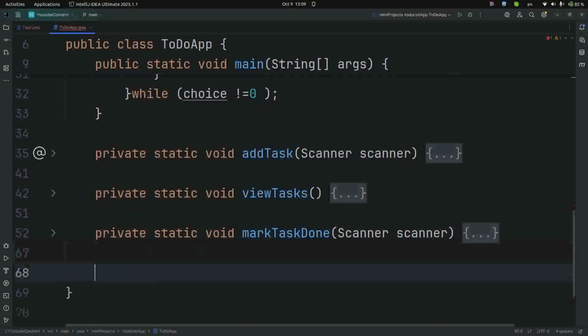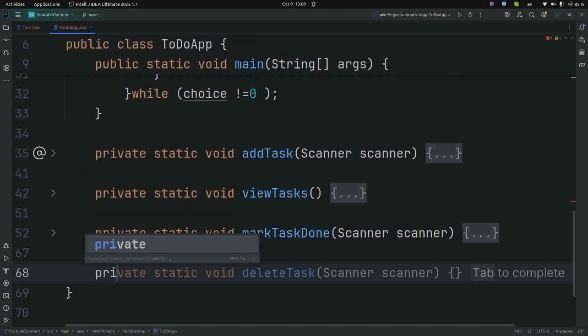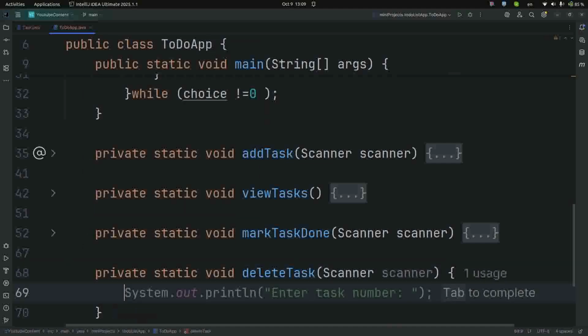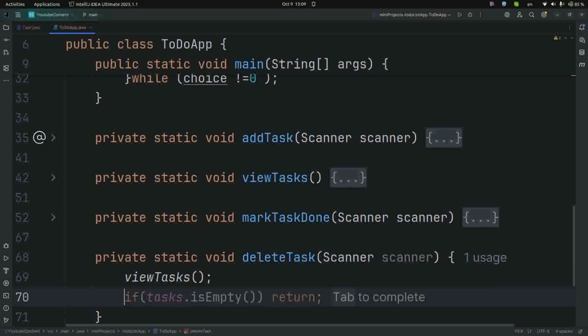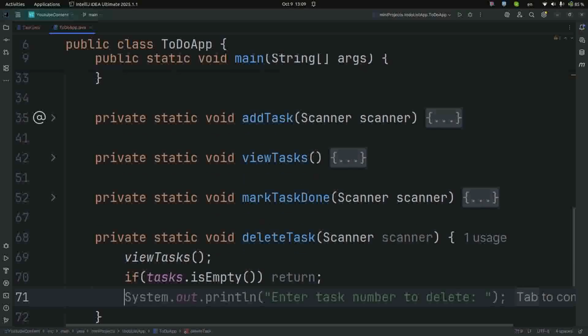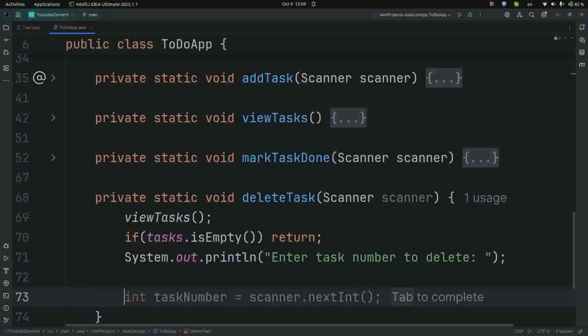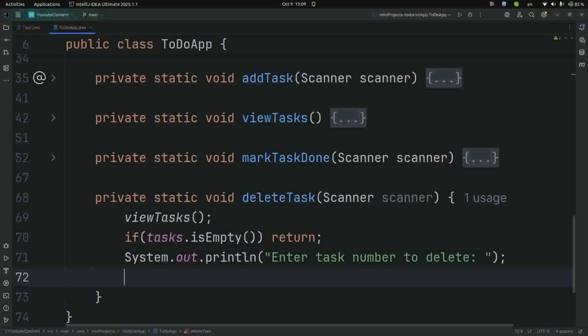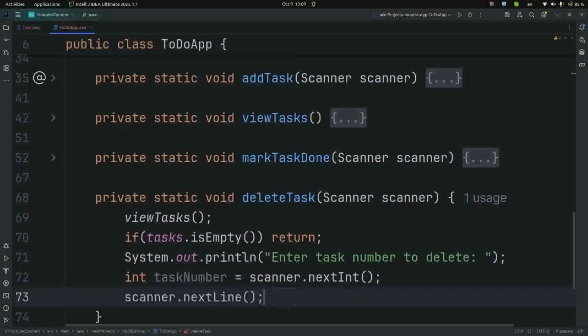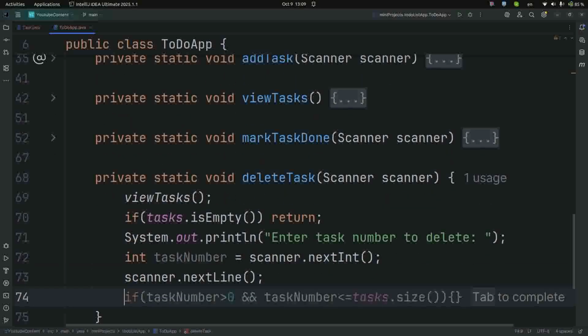and now it's time for the delete task method to be implemented. We come down here, and it's just private static void deleteTask with the scanner in, and we want to view the tasks again, so we call the viewTasks method we implemented earlier, and we do the checking here too. So if the task list is empty, just return. You cannot delete what doesn't exist yet. And we want to tell them to enter the task number to delete, and then we come here, we have the task number they're going to enter, and the next line like the previous one,